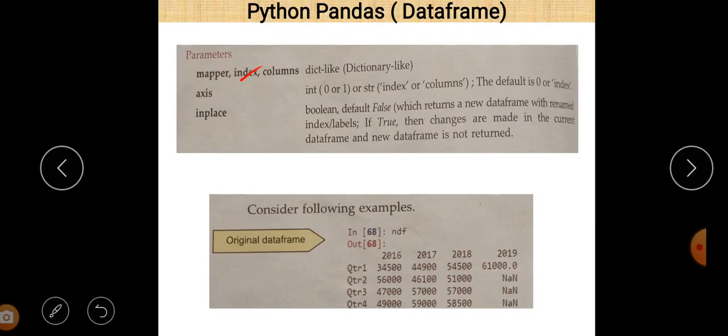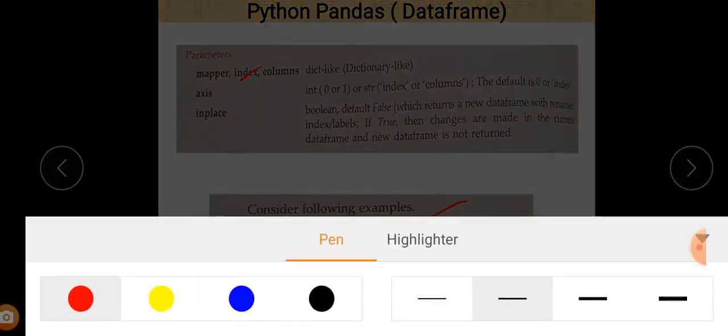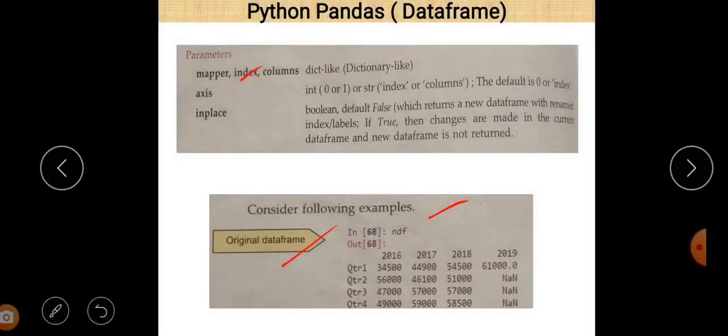Now there is an original data frame you can see here, and the name of the data frame is ndf. We can easily see that there are 4 columns: 2016, 17, 18, and 19. And these are the rows: qtr1, qtr2, qtr3, and qtr4.